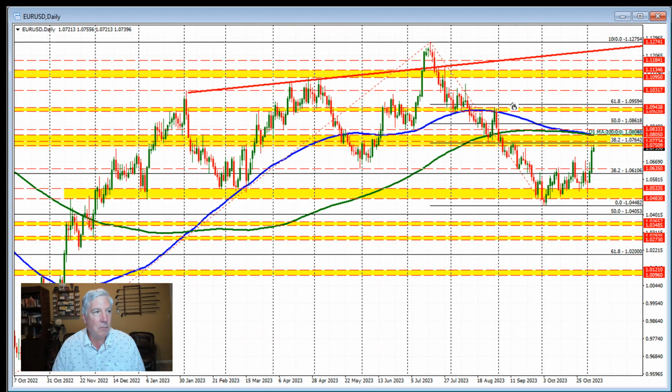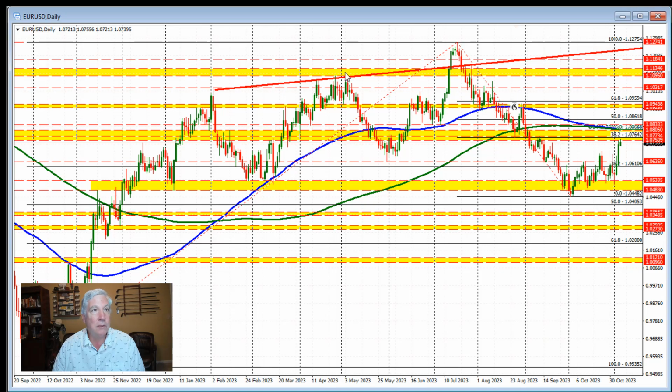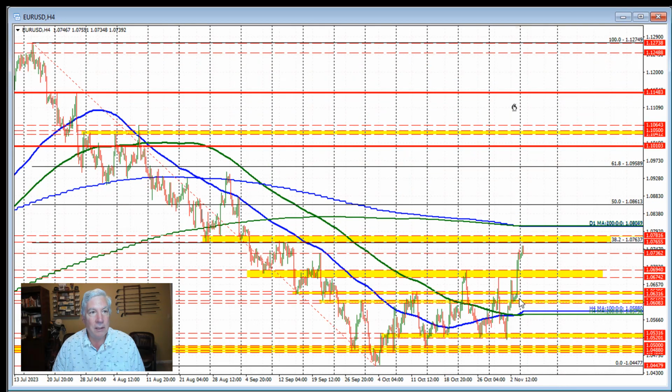Why? Because the move up from the September low to the July high, the 38.2% retracement, came in at 1.0610, and we based against that area, and then rotated to the upside. Of course, we had the unemployment report on Friday, which kicked the pair sharply to the upside. And as you can see, we're getting out of the ranges that have been defining the currency pair for quite